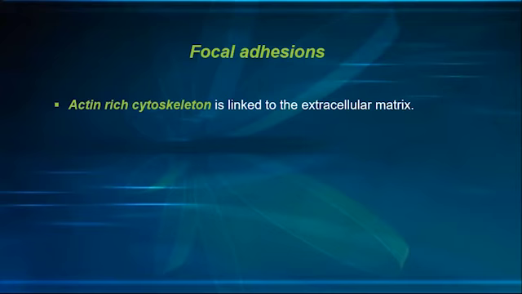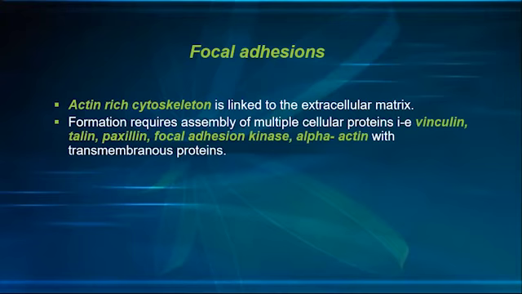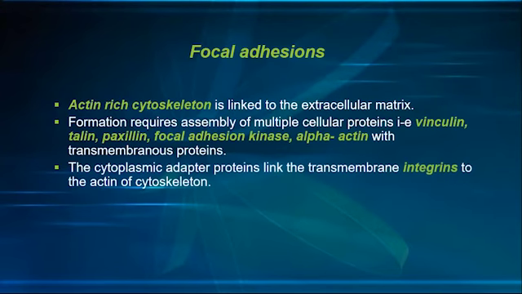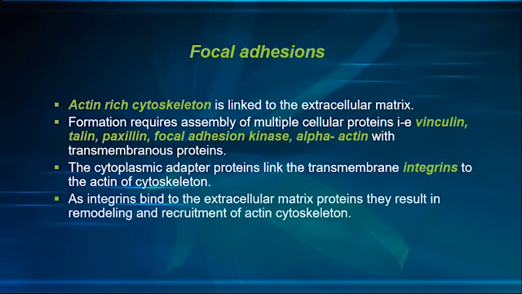adhesion of the cell to the extracellular matrix। So in the first point you can see the actin rich cytoskeleton linked to the extracellular matrix। So this is the cytoskeletal component in case of the focal adhesion, the actin protein। Then you can see a few proteins that have been mentioned over here। These are all the cytoplasmic adapter proteins in case of the focal adhesion। ठीक है, इनमें से किसी एक का आप नाम याद रख लें वो काफ़ी है। And then you have integrin as the transmembrane protein in case of focal adhesion।